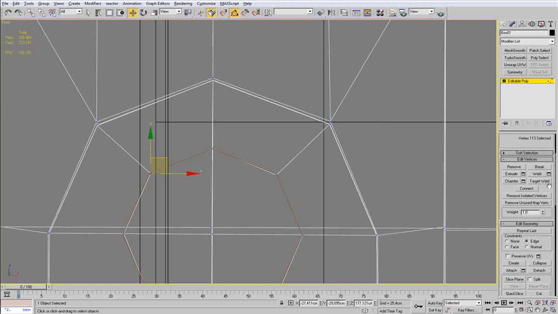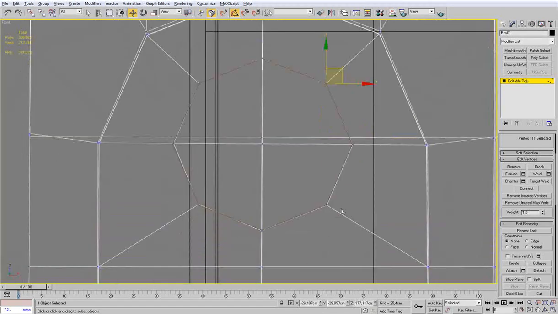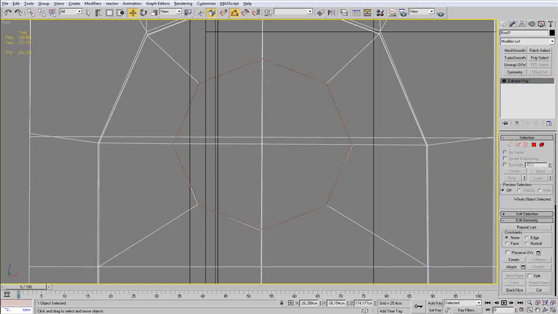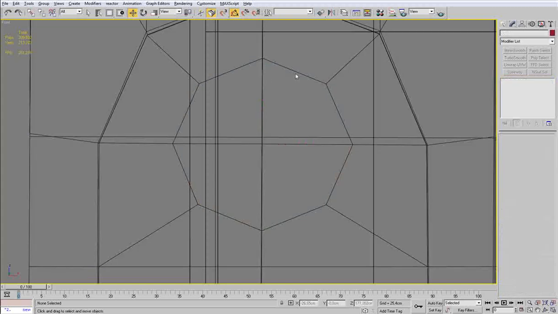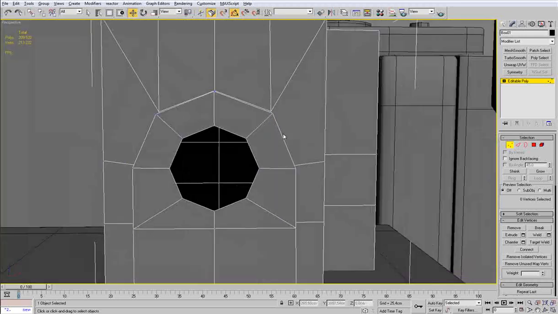Okay, so now I can fix up my vertices that are not on the right spot. Continue doing so there, and now I can delete my cylinder, delete the vertex at the middle there,